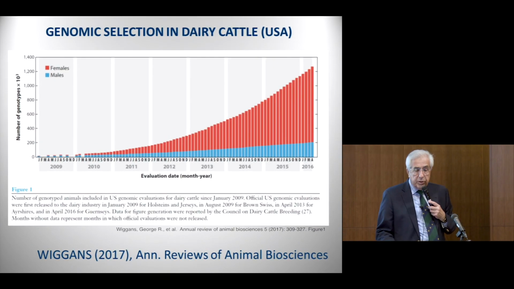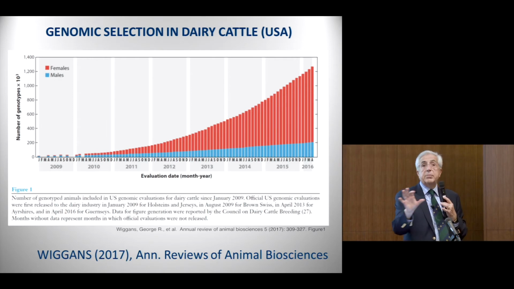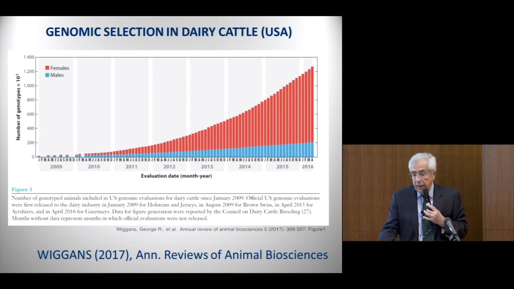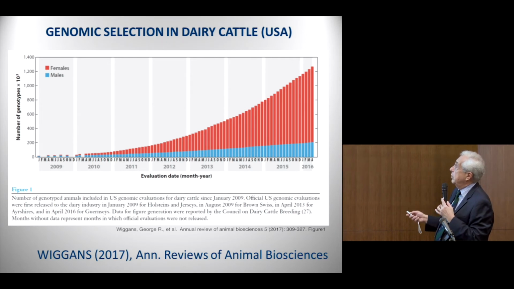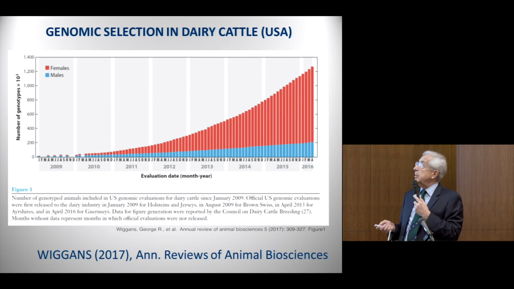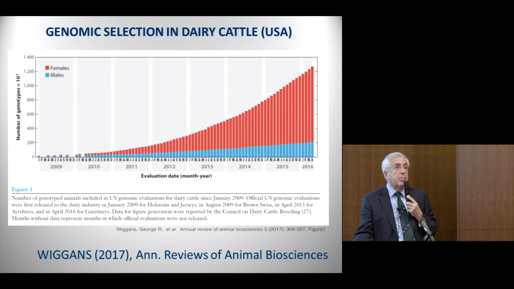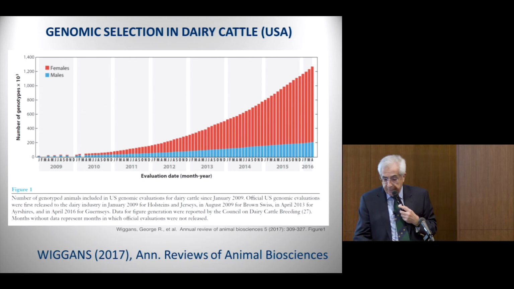So to give you an idea how genomic selection works, you have to have some chip. In dairy cattle, now we are using chips of about 800,000 markers, and the number of animals that were genotyped, in this paper published in 2017, so the data are only up to 2016. At that point, we had a bit close to 200,000 bulls genotyped in the US, and about 1.2 million cows in the Holstein breed only. So now I wouldn't be surprised if about half of the cows in the US are genotyped, and we have about 9 million cows, maybe a bit more.